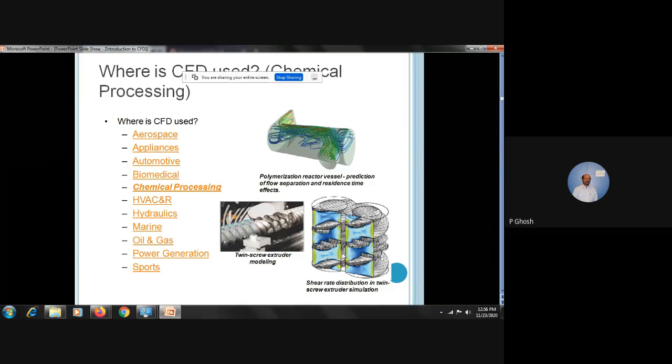Now, chemical processing, it's basically multi-phase flow in all the chemical industries, the reactor vessels or a screw extruder, or a shear rate distribution in a screw extruder. Everything is mostly multi-phase flow, and it's very difficult to do an experiment in a multi-phase flow. So you have to change the model, you have to change the prototype several times. So it's better to go for a final design. You do an extensive CFD with the correct model, correct equations, correct approximations, and try to design that. Next one is